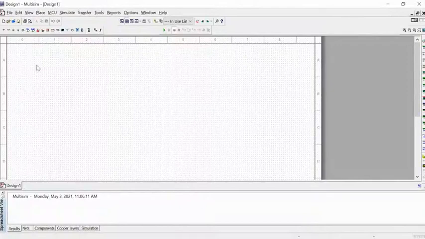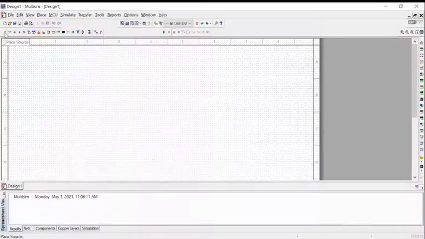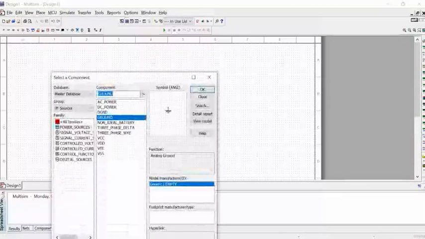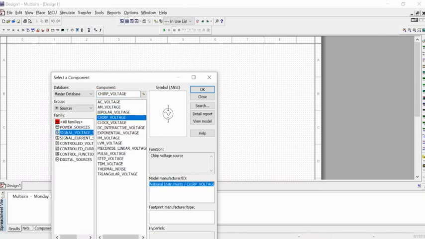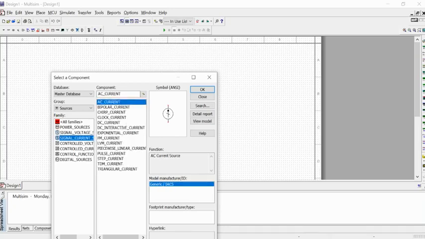Now, if you want to place any component for your circuit, you can check it from here on the left corner on the upper side. Here you can see there are so many. When you click on this icon, you will see the sources available for you in this Multisim. You can see here is an AC power source, DC power source. You can choose anything, and there are also more options available like single voltage sources. Here you can see AC voltage, AM voltage, and signal current source are also available. So different kinds of sources are available.